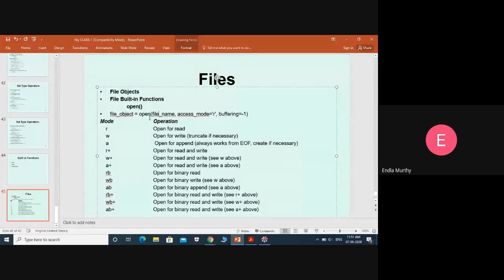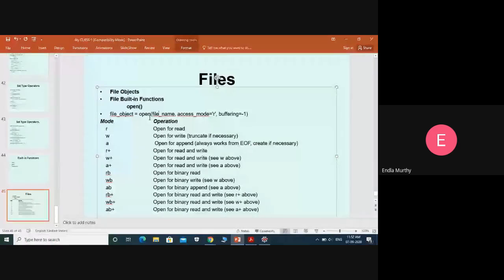In append mode, if you want to open a file but continue after the data you already have, it starts from the end of the file. What does end of file mean? In the file I have some data, hello good morning. If you open in append mode, it starts from after good morning. Then whatever data you insert goes after that good morning.